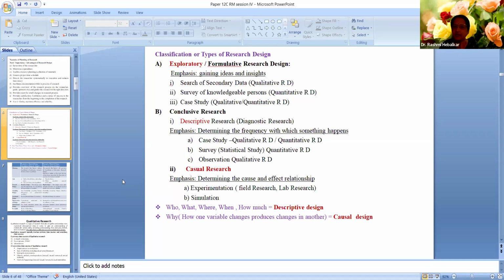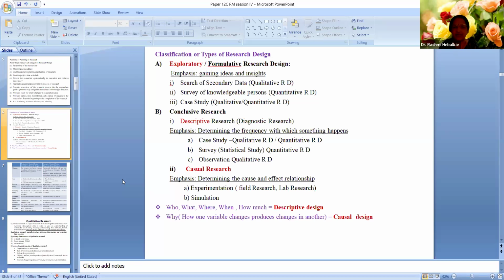We want to gain ideas and insights. We just don't want to get information. Many times we make the mistake of calling information knowledge. Many times people who have a high amount of information, we respect them, but we need to check whether they have knowledge, whether they have the ability to transform that information into application. So when we want insights, when we want some deeper ideas, exploratory research is done. What methods are used for that?